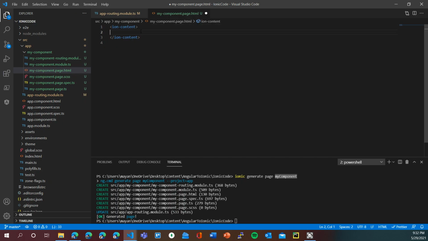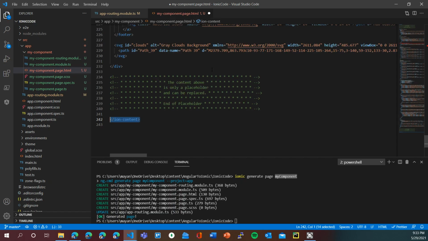So we'll copy all the Angular code we have. So this is the Angular code HTML file. We'll copy all of this code and we'll put it inside ion content. So I'm pasting the code over here. Always remember not to remove this ion content because otherwise your page won't be scrollable. So once you are done, let's save this.